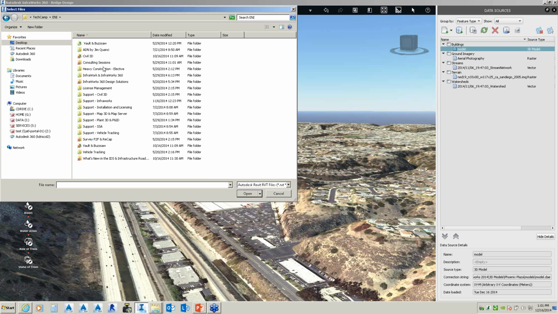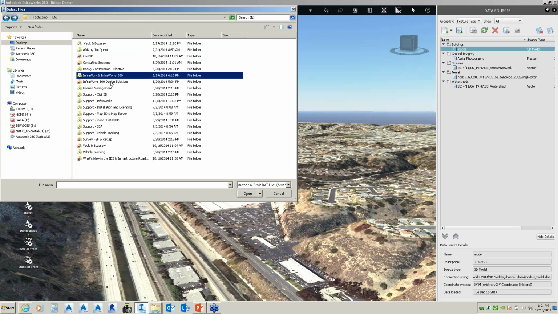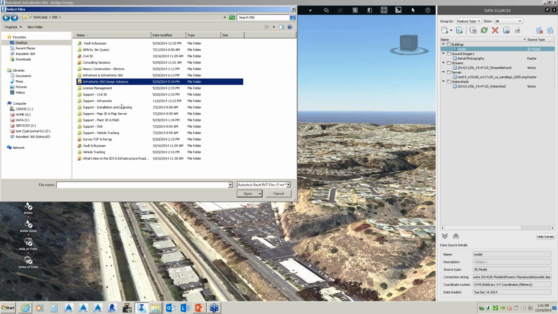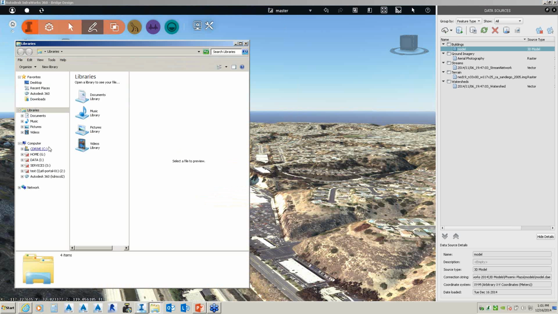So I want to bring in a Revit model. And come back. Well, maybe I lost my Revit model. Okay. So let me just check one more place here.